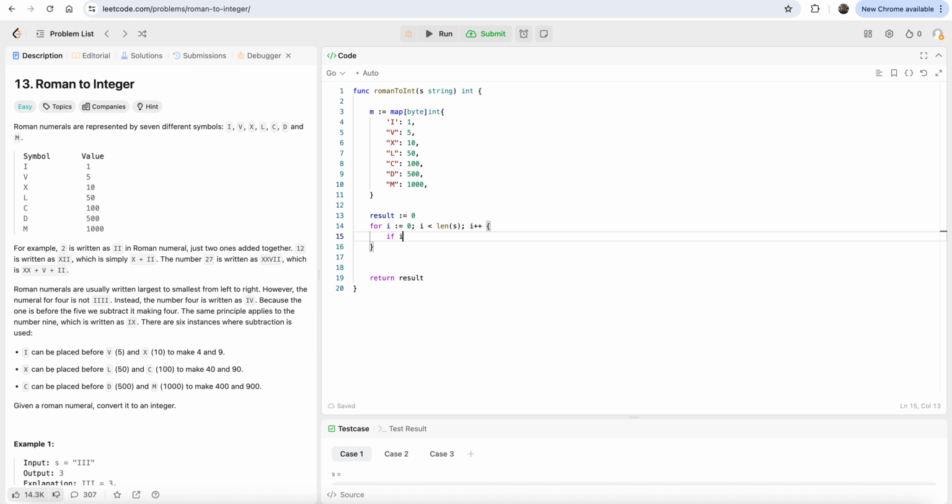And I can check here if we want to check the next character, like in case of this IX, I want to check the next character. So that is I plus 1. I can check if I plus 1 is less than the length of s, and then we need to find, for this IX,